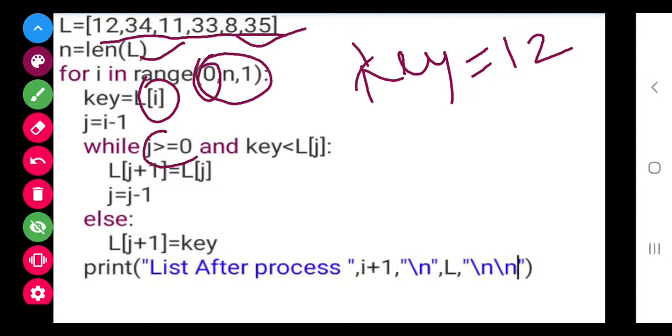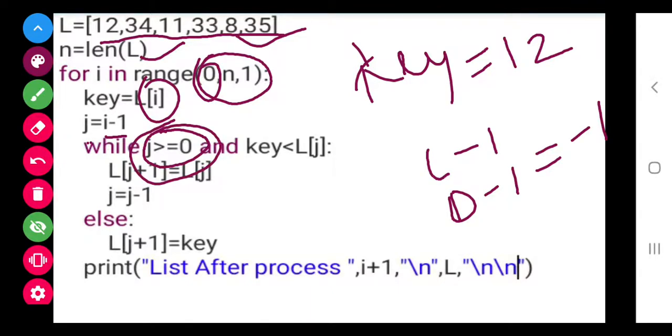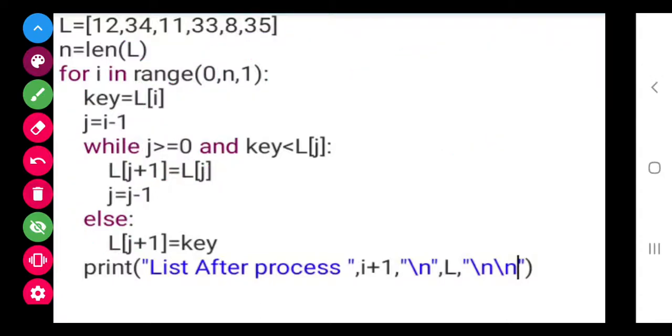Now j is i minus 1, that is 0 minus 1, which equals minus 1, so this condition fails. So this will not go into the while loop, and the process jumps again to the for loop.